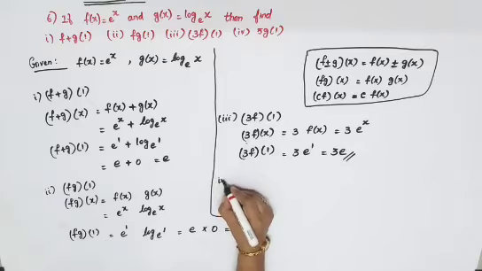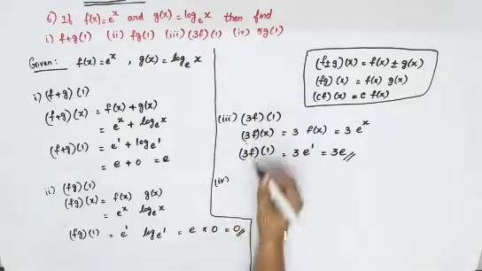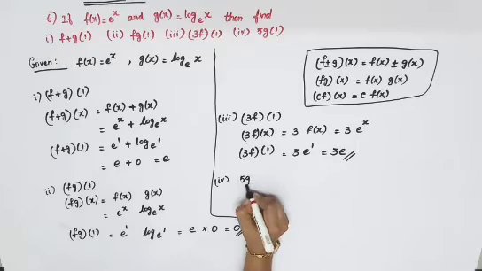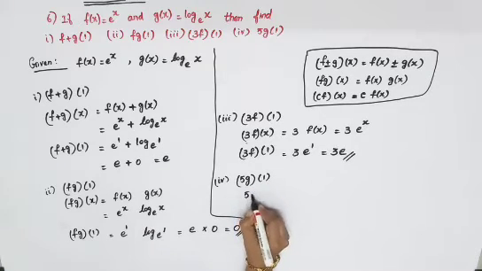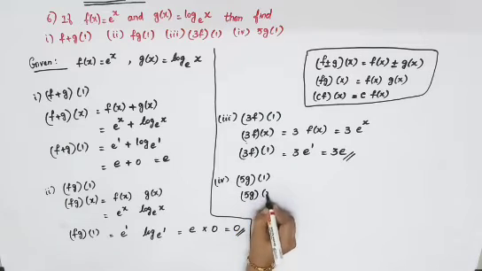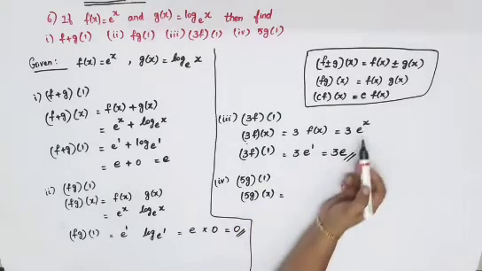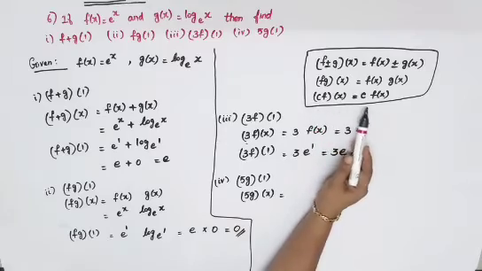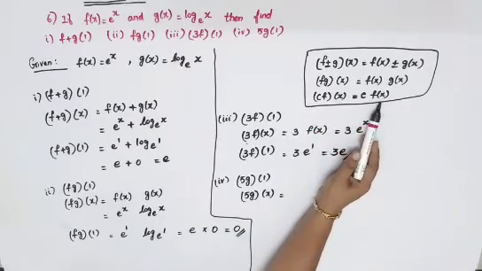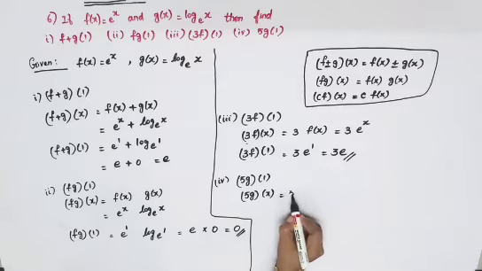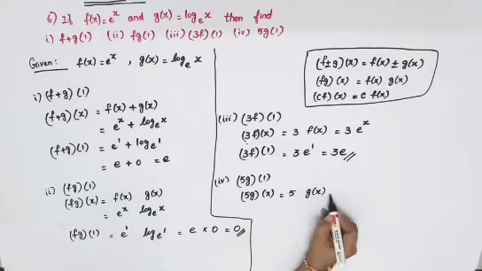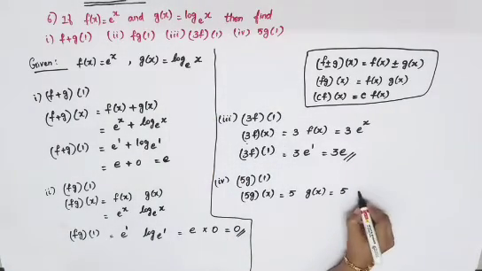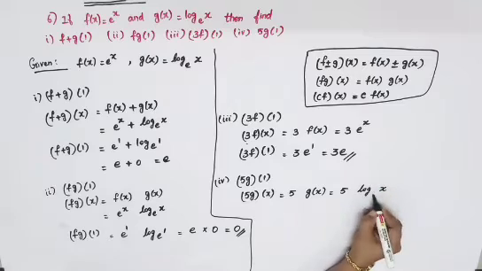Fourth subdivision, 5g of 1. So 5g of 1 we'll have to find. First replace your x, 5g of x you'll have to find. So which is equal to, you can use this formula, c f of x, c will be separate, f of x together. Now here 5 is a constant, so you can take it out, and g of x you can write together. So it is equal to 5 as it is, and g of x in your question is log x to the base e.